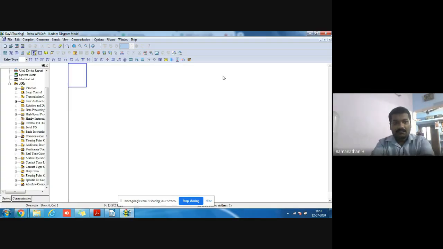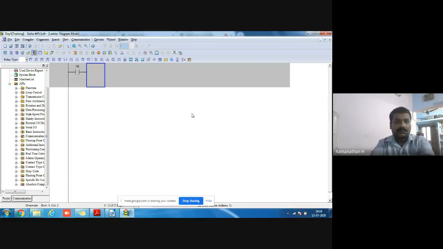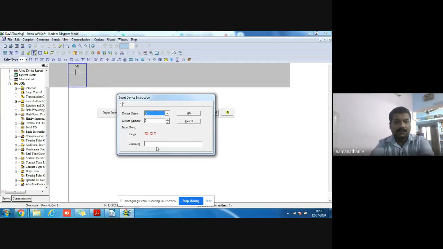When I press the input, the output will be on. When I again press the same input, the output will be off. When I again press the same input, the output will be on. This is the concept. So here I draw it. This is our single input. Here I commented it.